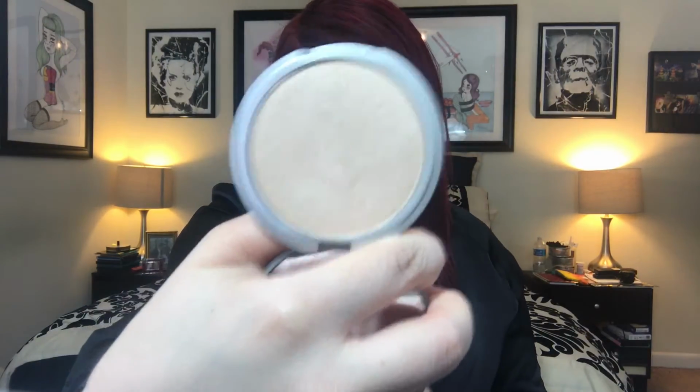But alright, then there's 2 products that I wasn't too crazy about that I've tried so far that I've gotten this year, where it's like, eh. So one is going to be this highlighting powder from theBalm Cosmetics. So it's Mary-Lou Manizer. Just because I'm so spoiled with Becca's highlighters, and again, I don't